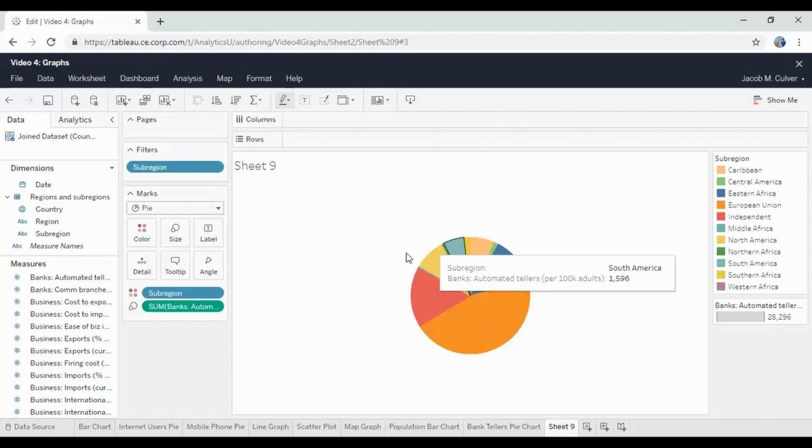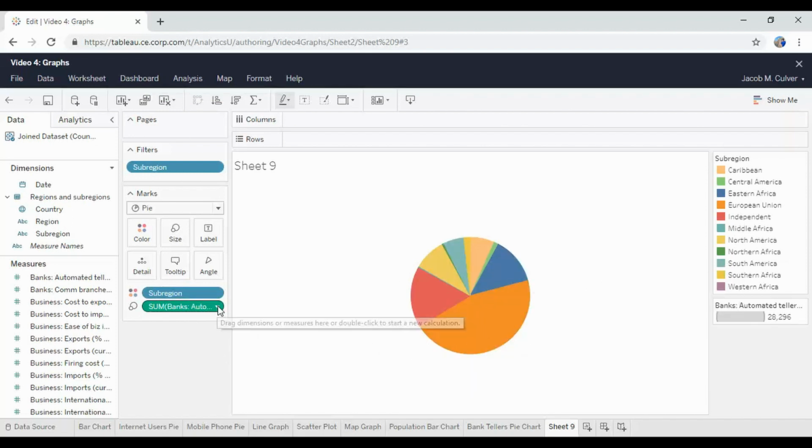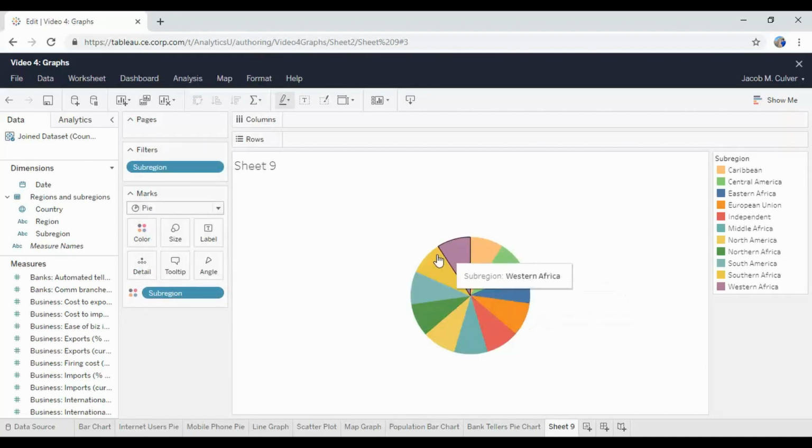And this remains the same. If we remove that one, now we have one pie chart with each region having equal measures. So we have to add a measure to this pie chart in order to get the angles to be indicative of the size of the measure. So if I add this back in,